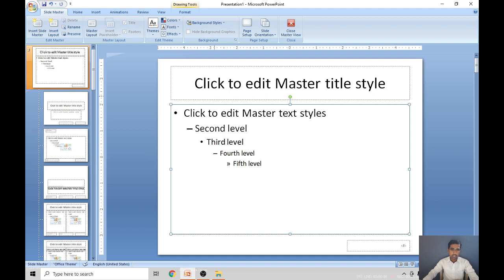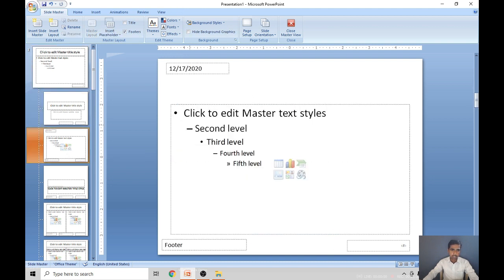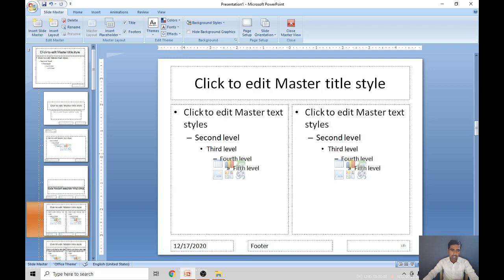In every slide we have these two placeholders. Here also two placeholders. Here I have deleted one. Here also two placeholders are there, and in all the slides we have two placeholders. And this is about the master slide, or else the slide master. Understood, children? This is how to use the master slide and how to open the master slide. If you want to close the master slide, you have to click on the close master view. When you click on close master view, it will be closed.